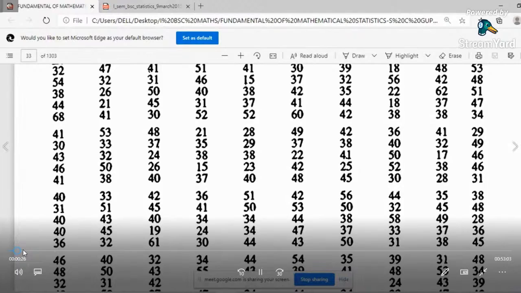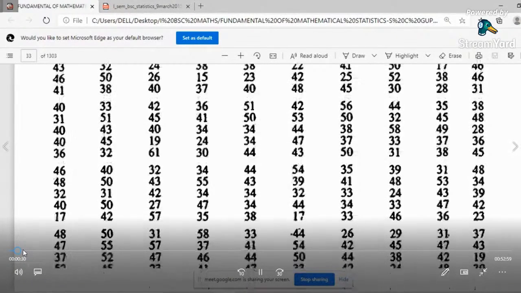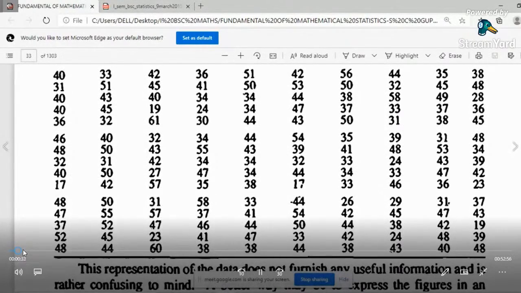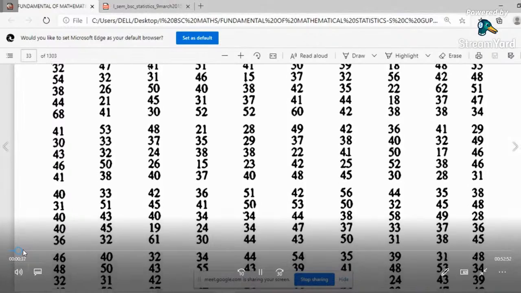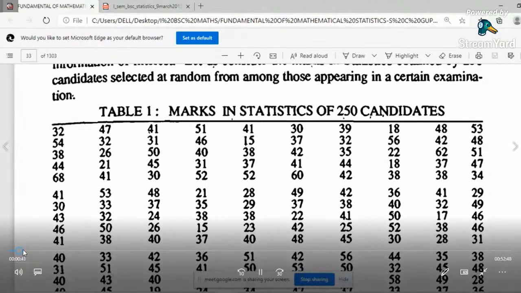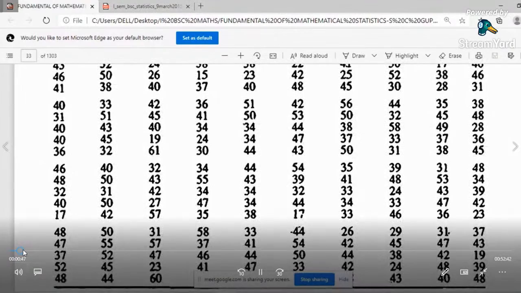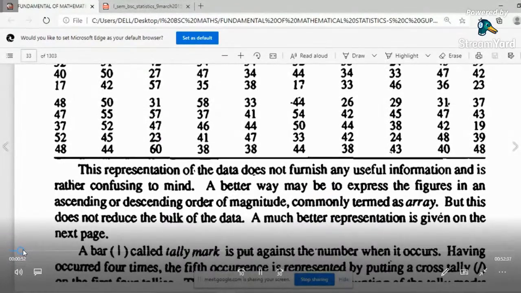So what can you say about this data? Nothing. Some numbers: 34, 34, 44. You don't know what the highest frequency value is, or what the highest value is. You cannot say that 37 is highest or 46 is highest. You have to check each and every piece of information. So in order to summarize this data, we shall use the frequency